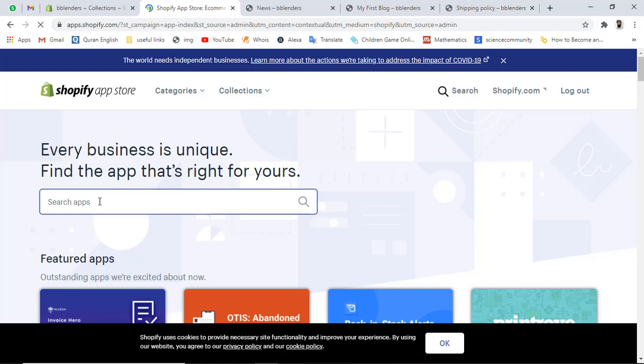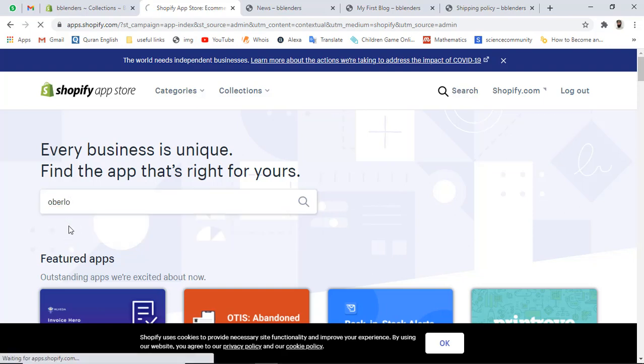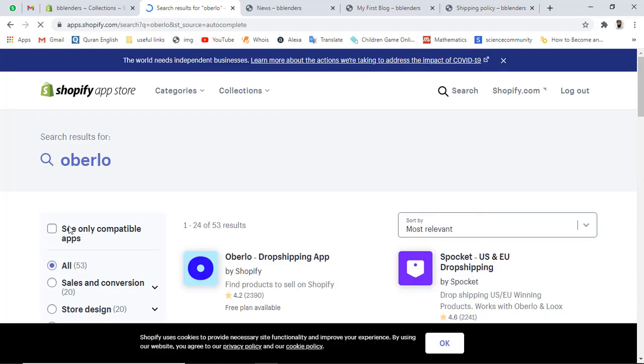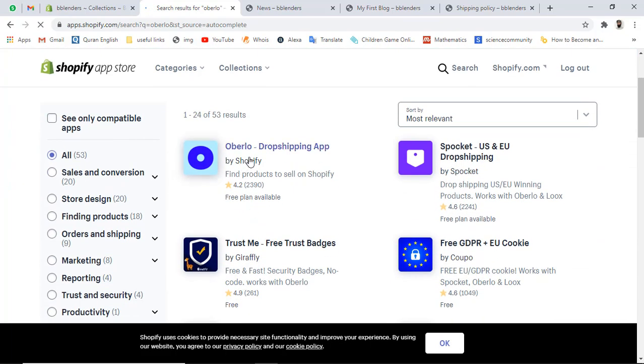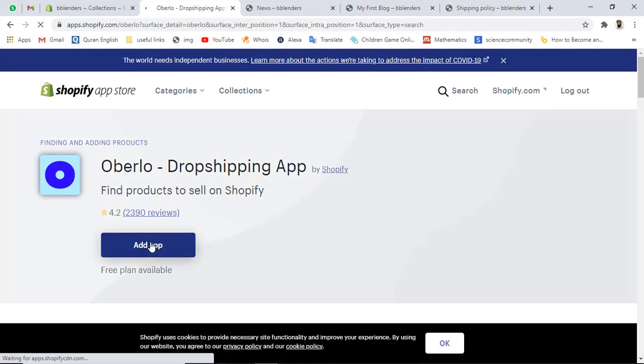So you should search here on this store for Uberlo, and here you have the Uberlo dropshipping app. You should click on this one, and there is actually a free plan available. You should click on add app, and this would automatically be added to your Shopify store.